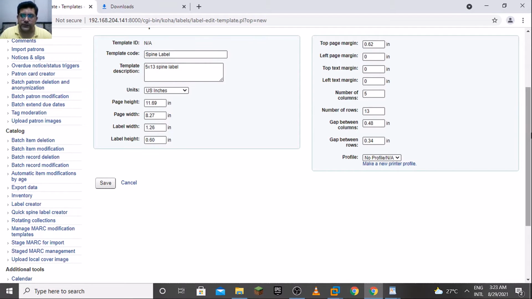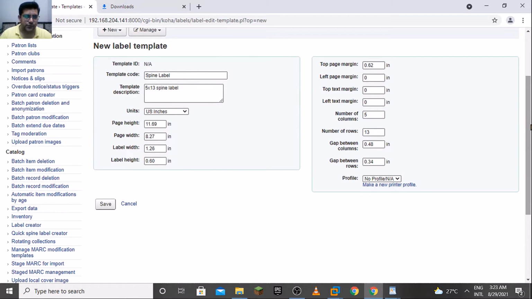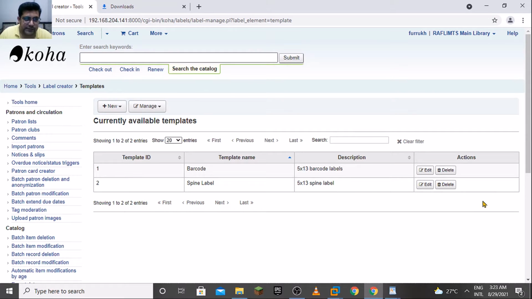okay. You need to learn different template sizes, what actually page you have, what sticker you have to print out, and what you actually want as a template or as a layout. So you need to learn about that. So we have created two label templates, and now